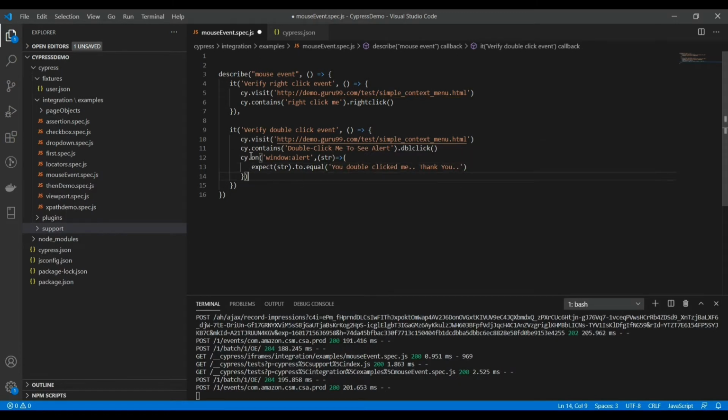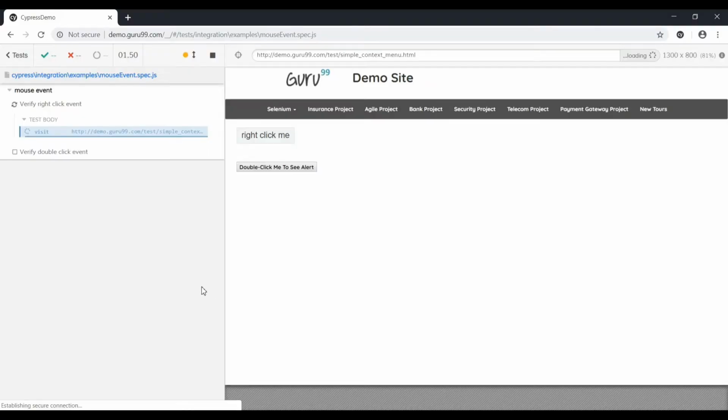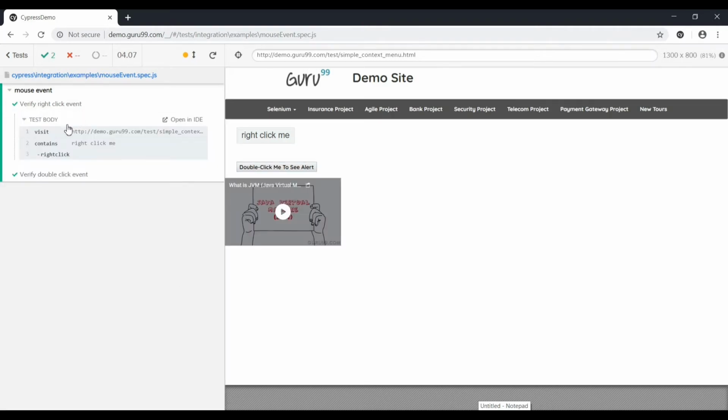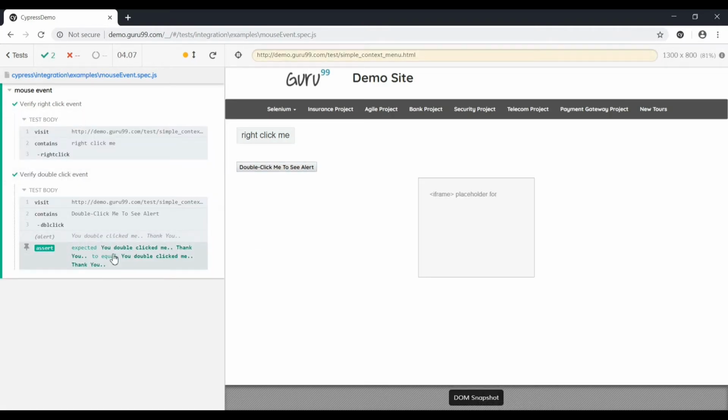We just need to pass this text, and this will compare the text whenever the window:alert event is triggered. Okay, let's save the spec file and see if it is working or not. So this is working absolutely fine.